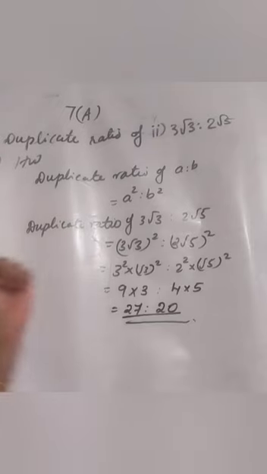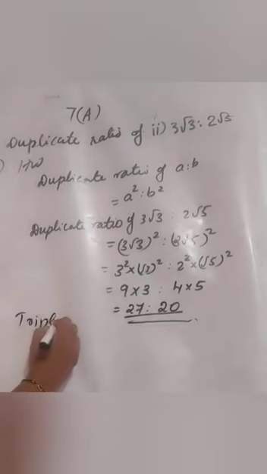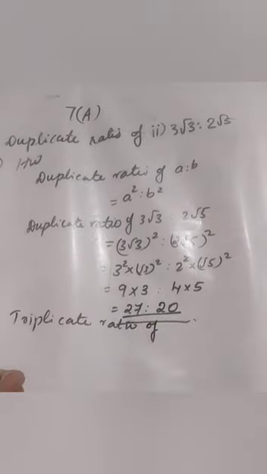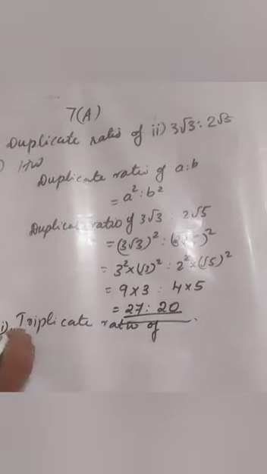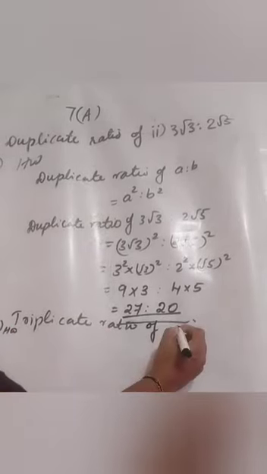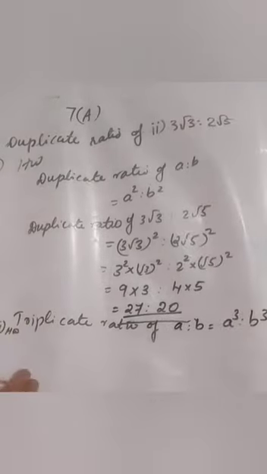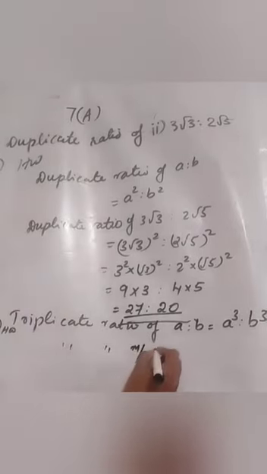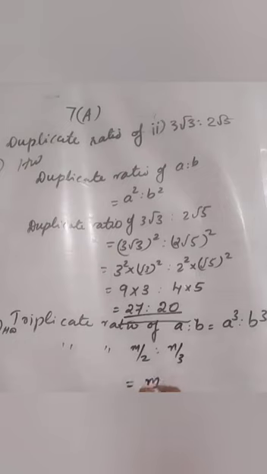Next question is question 22. Find the triplicate ratio of m by 2 is to n by 3 is the second question. Do the first one as homework. The triplicate ratio of a is to b is a cube is to b cube, that you learned. So how can we find the triplicate ratio of m by 2 is to n by 3? Just take the cubes, that is (m by 2) cube is to (n by 3) cube,